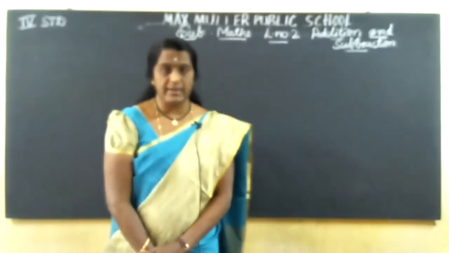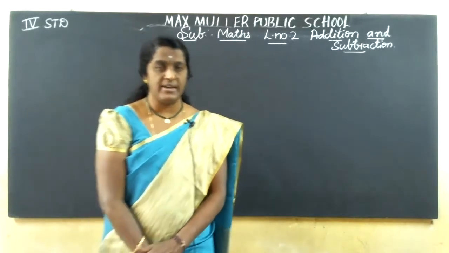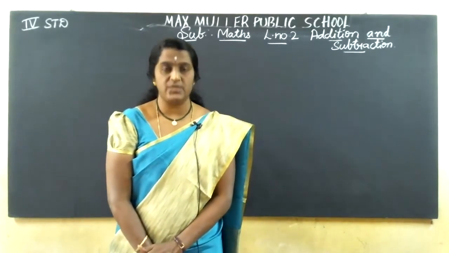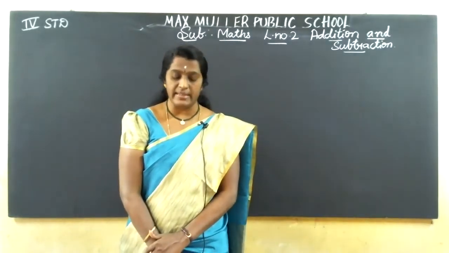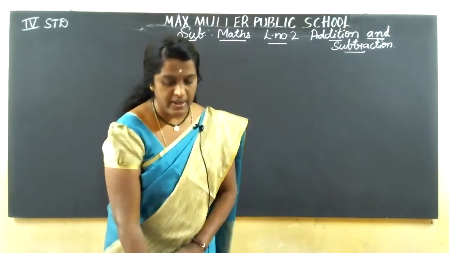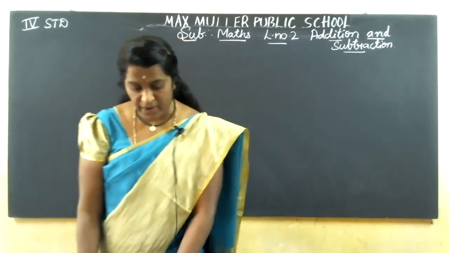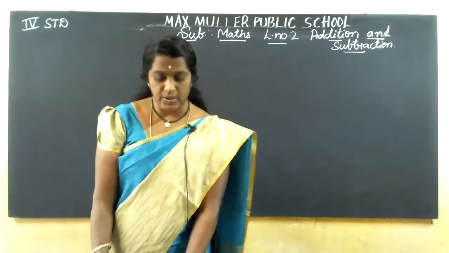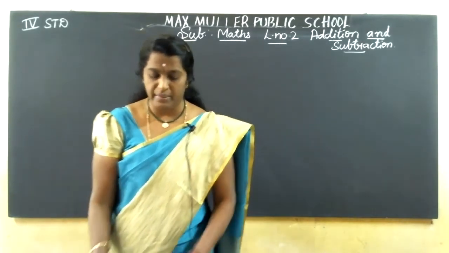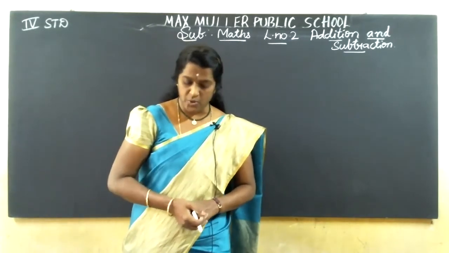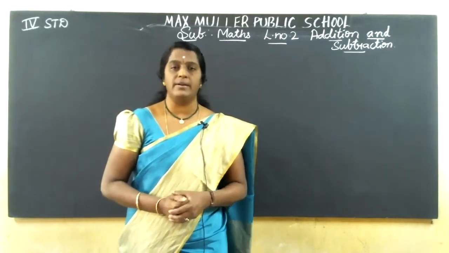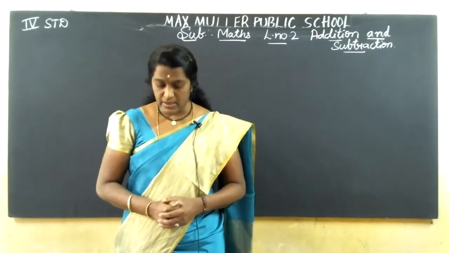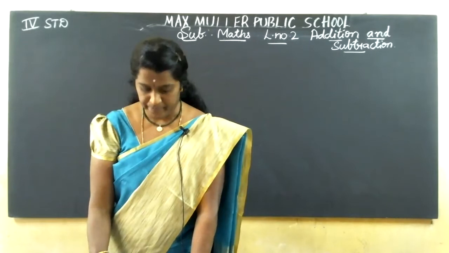So we have completed lesson number 2. We have completed exercise 1, exercise 2, exercise 3, exercise 4 and exercise 5. Yes, no? In exercise 5, 4 mains are there, so we have completed the 4th main: find the minuend in the following sums. Some important points to remember on page number 119. Okay, children, take out your textbook.